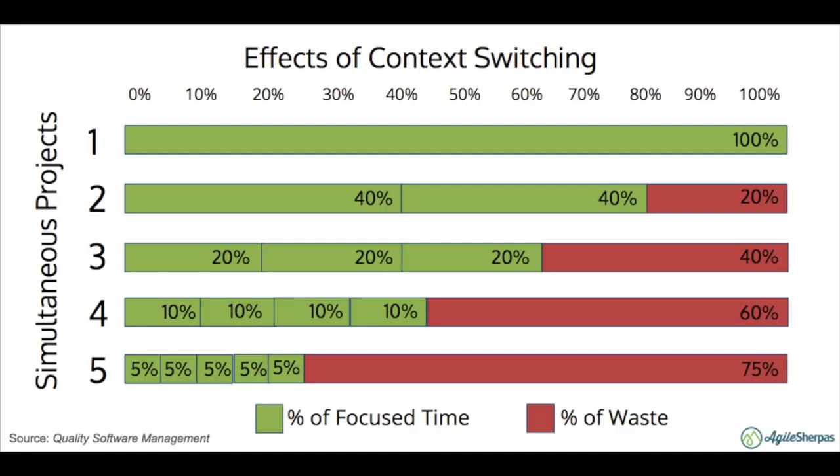Okay? So we're going to show a little chart here to illustrate how bad this is. Okay? So one project, great. No problem. You have 100% of your productive time available to the thing. As you add more, you lose more and more of your time to switching back and forth between those things. Once we get down to 5 things in progress at the same time, which given the state of most of our to-do lists doesn't actually even sound like that many, once we hit that point, we are losing 75% of our time just to switching.